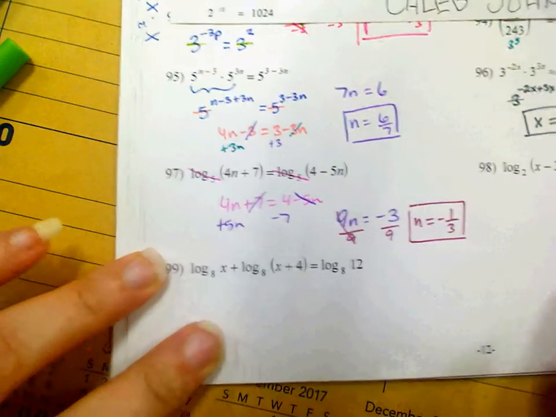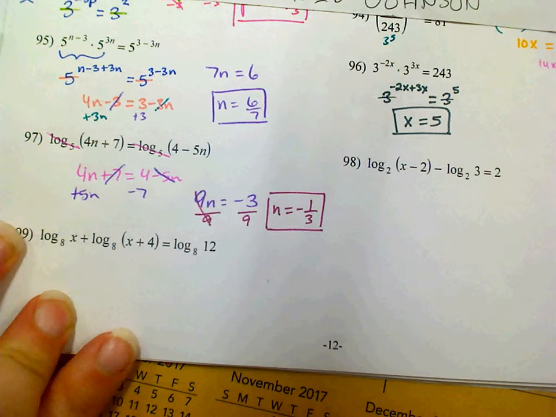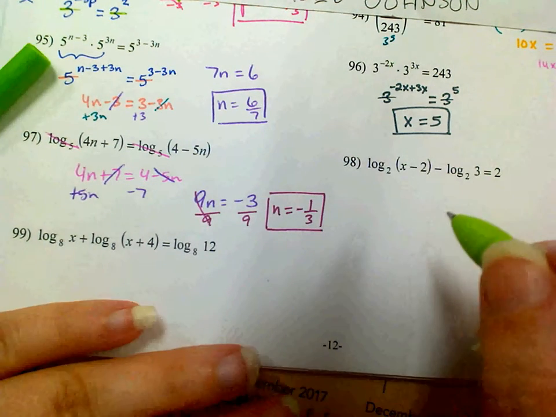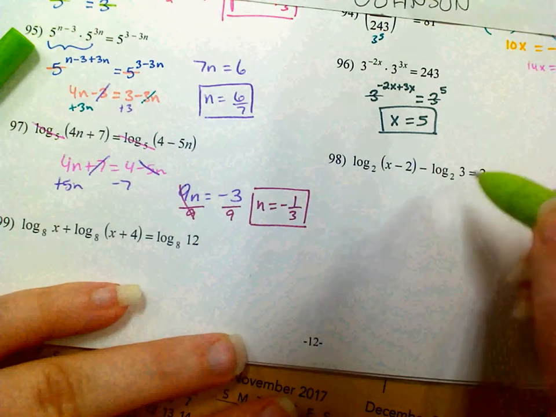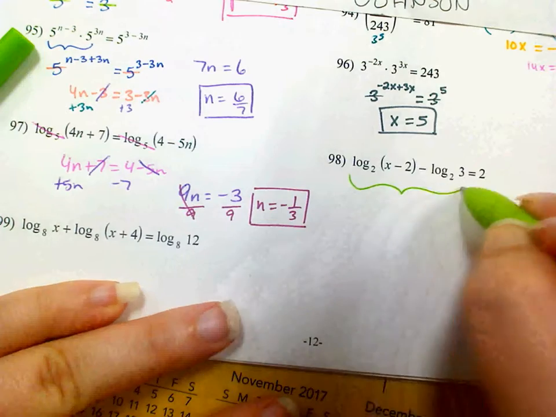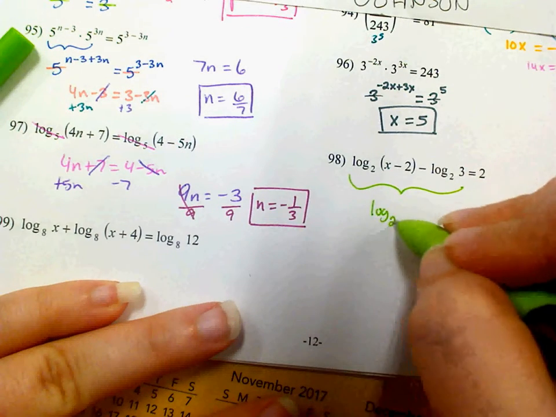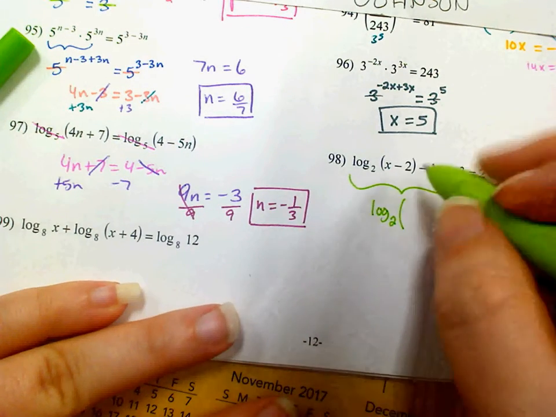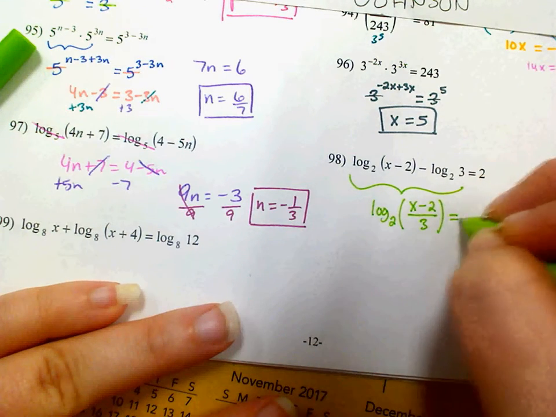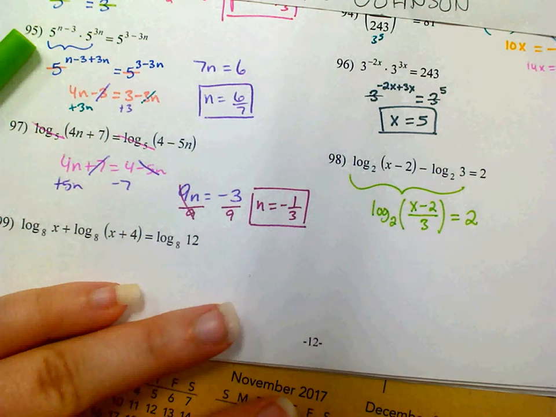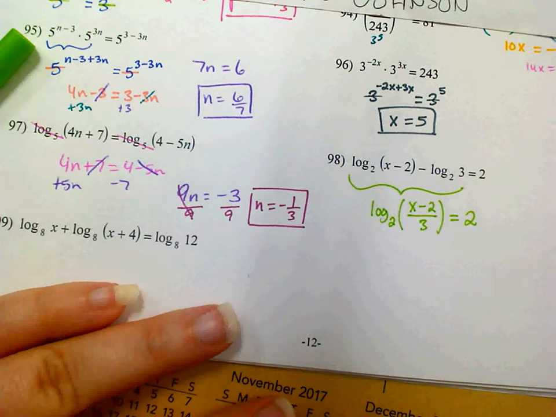On 98, 98's a little bit different because I have two logarithms separated by subtraction, and it's not equal to another logarithm, so let's talk about what has to happen. Two logs separated by subtraction can be combined using division, so I've got x minus 2 divided by 3 equals 2. And then I'm going to convert